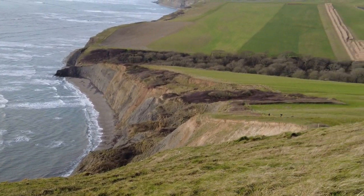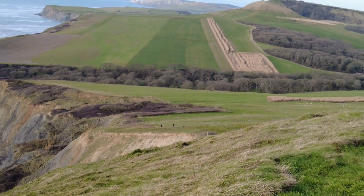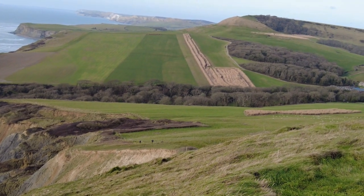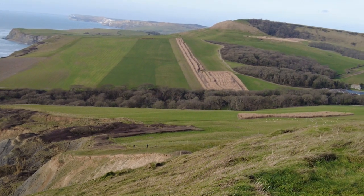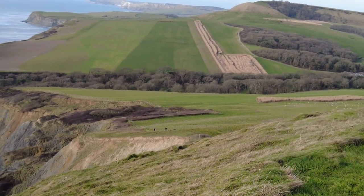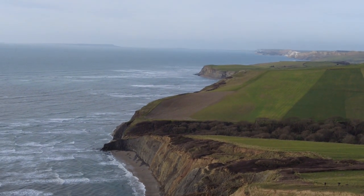Basically, we're going to be climbing down this hill, and you can see the two climbers coming up now. I know how tough that hill is. When I did the southwest coast path a couple of years back now, coming up that with a heavy pack was an absolute killer. So we're going to carry on round down there, and then just follow the coastline,